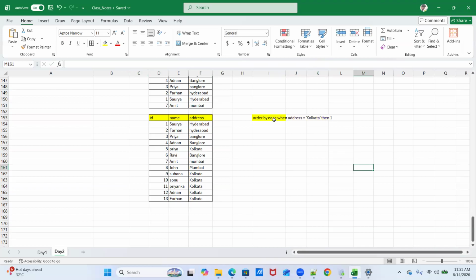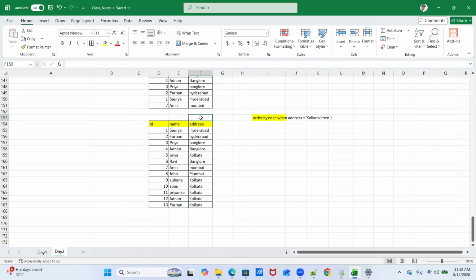Then what will the engine do? Since we already understood the concepts of where and order of execution, once it comes to the order by, it will see the address column and search for the value Kolkata. It behaves the same way as the filter clause I was explaining.